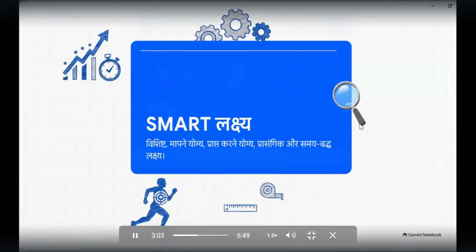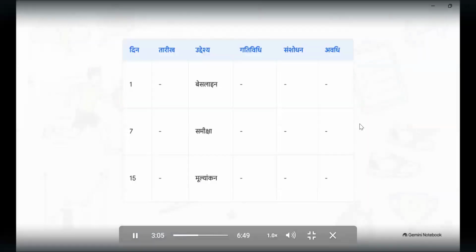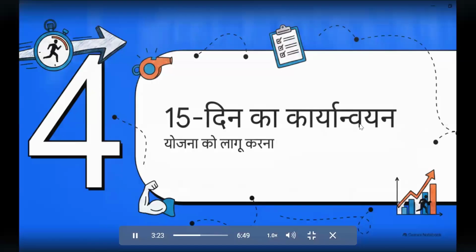हवा में तीर बिल्कुल नहीं चलाना है। आपको पूरे 15 दिनों का एक क्लियर स्ट्रक्चर तैयार करना है। इसमें दिन, तारीख, ट्रेनिंग का ऑब्जेक्टिव, मेन एक्टिविटी, कोई भी बदलाव और समय अवधि सब कुछ पहले से डिसाइडेड होना चाहिए। और हाँ, इसमें वीकली रिव्यू और फाइनल असेसमेंट से पहले का समय भी शामिल होगा।